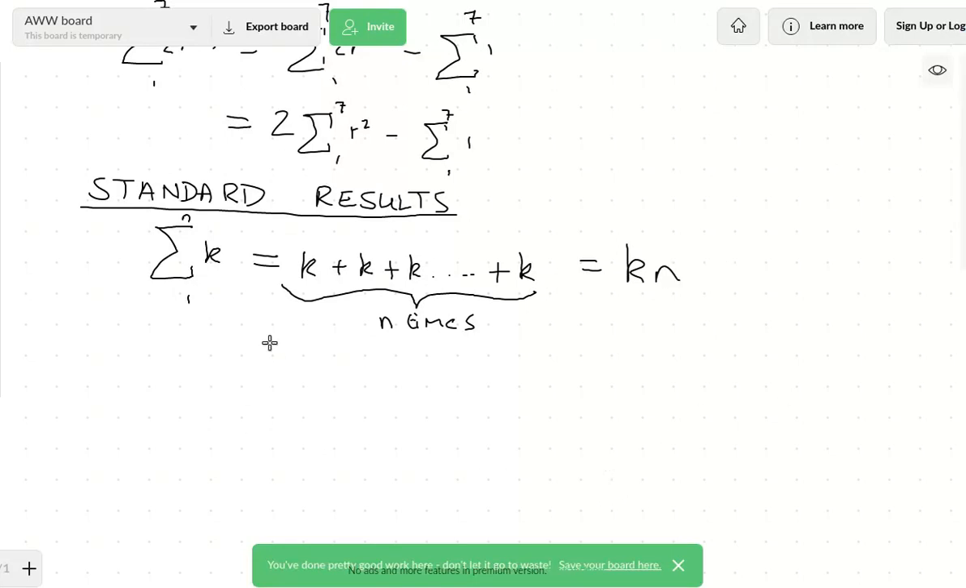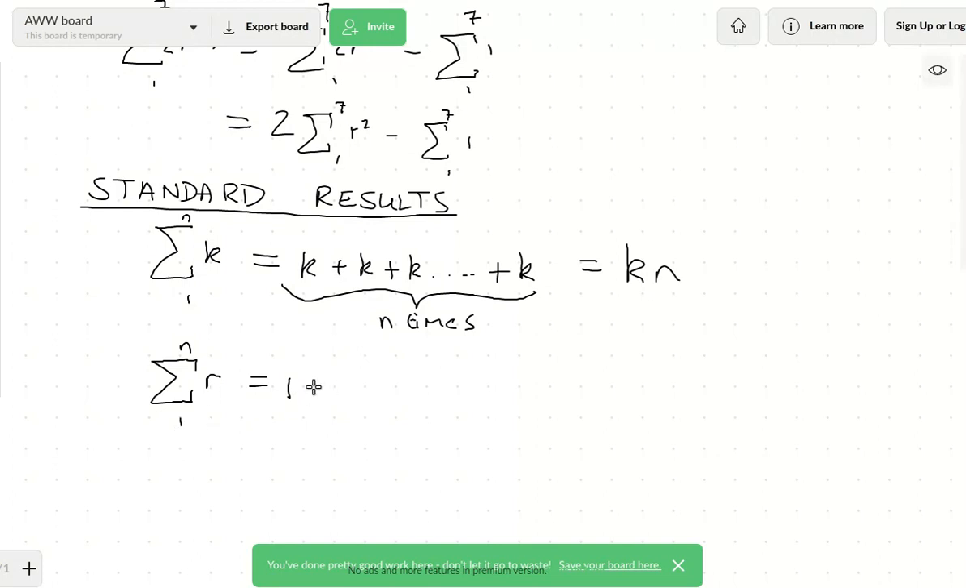Yeah, that's the first standard result. If you have a summing from 1 to n, a constant k, it simply equals kn. The second standard result is what I would describe as the sum of the natural numbers. If you're ever summing the natural numbers from 1 all the way up to n, well, as you can see,